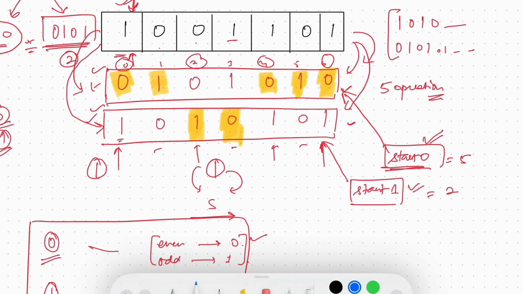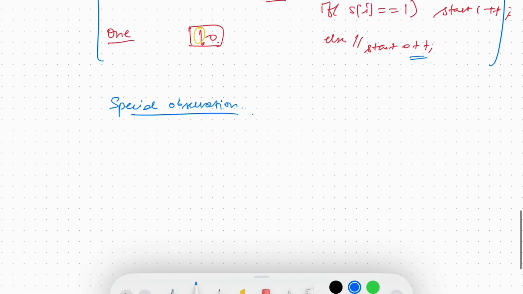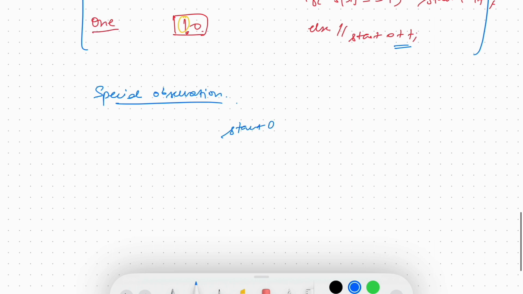Here, to convert the string to start 0 string, 0 1 string, we required 5 operations. And to convert that string to 1 string, we required the complement of those 5 operations. Like total string length is 7, and we required 5 operations to convert that to 0 string, and to convert that to 1 string we required the difference of 7 minus 5, which is equal to 2. So it means that our start 0 operation, that is the operation required to convert that string to the string which is starting from 0,